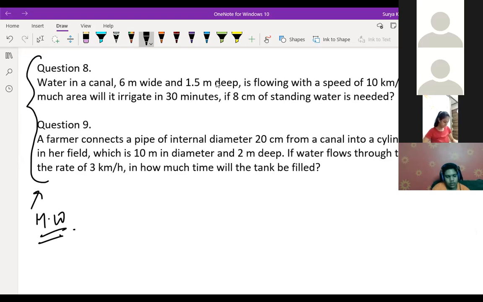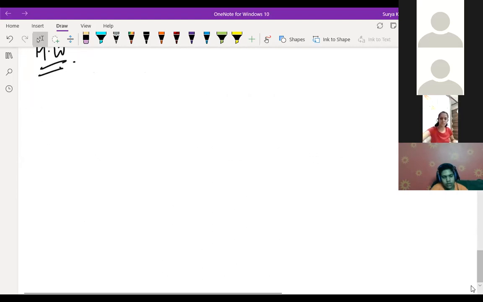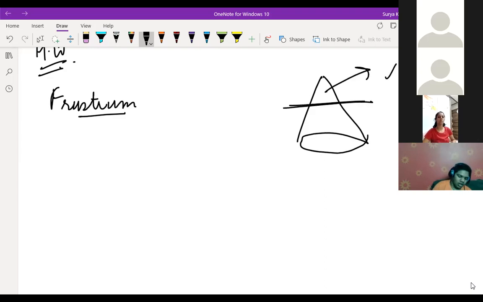Now, next concept is your frustum. How many of you know about frustum, children? Frustum, volume of frustum. So here I'm writing here. I know, sir. Okay. So frustum is nothing but, if you are having any conical shaped thing, and if you cut from the top, so this part will go off. Only the part which is left behind with you is only this much. Correct? Like a bucket. Understood, children?